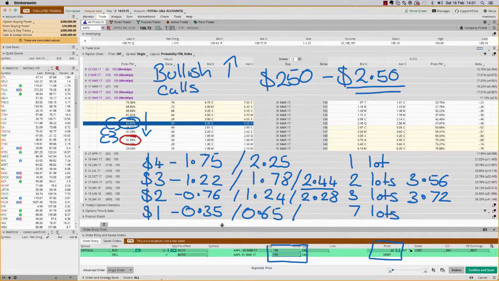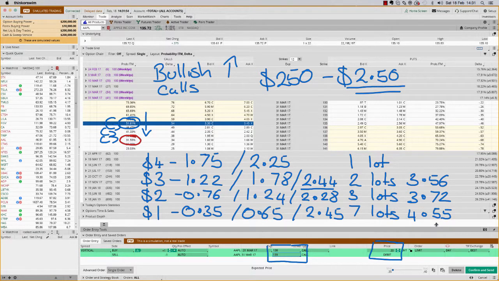So now I can multiply it out. 7 times 35 and 7 times 65, or 0.35 and 0.65. And that gives me 245 for the cost. Again, we're under budget. That's how that works. So we've managed the risk, still in budget. How much profit could I make? It's now moved up to $4.55